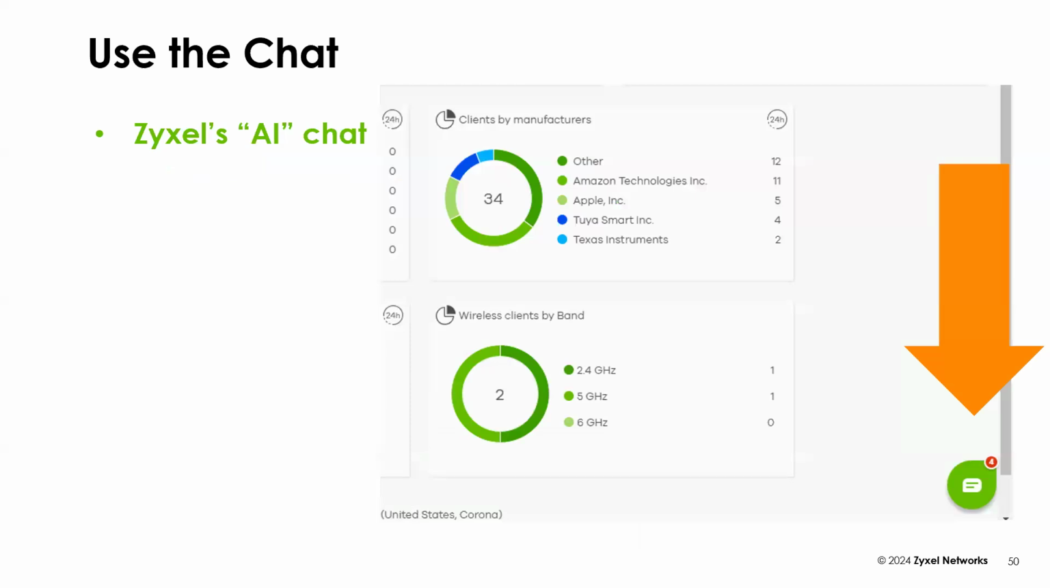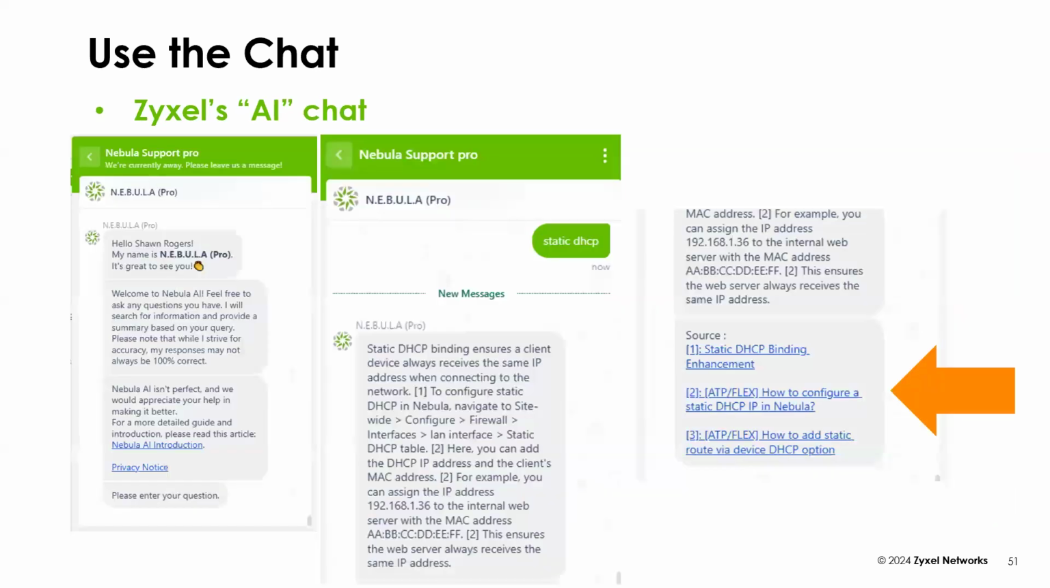We're getting close to the end, guys. One of the last things I wanted to talk about here is Zyxel's AI chat. This is something that, again, was added in the last year or so to Nebula, and I find it very, very helpful. When you're navigating Nebula through the web browser, there's almost always this icon on the bottom right for doing chat. Chat is really good, in my opinion,